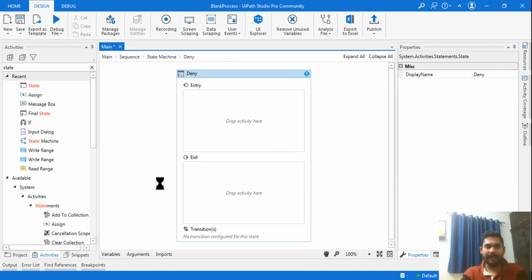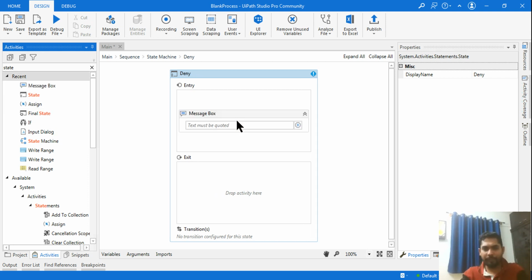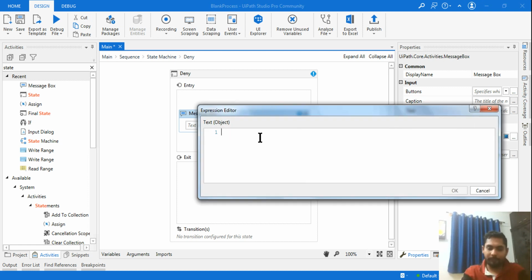Let me go to the deny state, and here I will put a message box and say to the user that you cannot buy this product as your available amount is low, which is dollar.